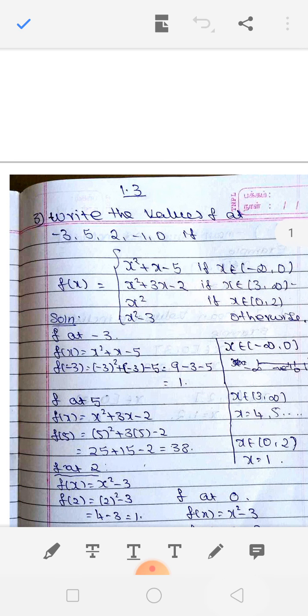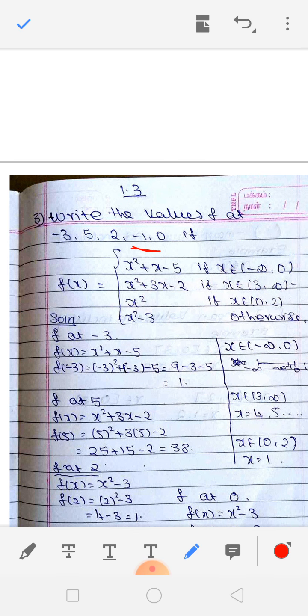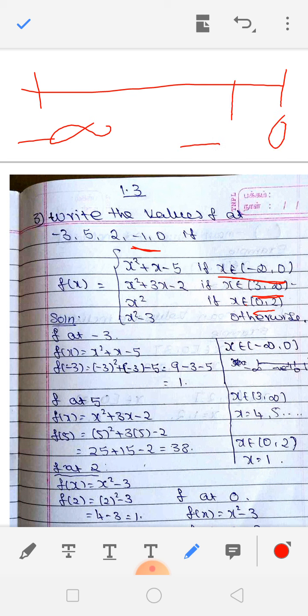Same here, the next one is minus 1. Where is the minus 1 value? Look at here, this is a plus 1 only x value. 3 comma infinity means 4, 5, 6, 7, 8, and so on. The minus value is not there. Look at the first term, this is minus infinity, this is suppose 0. So minus 1 is also here. From minus infinity to 0 only we add that minus 1 value. So the first interval is correct.